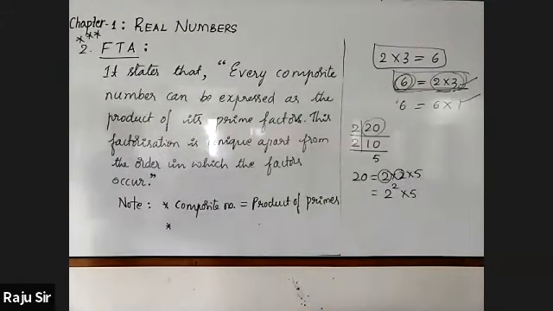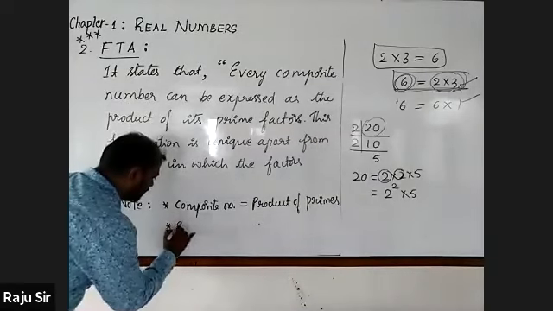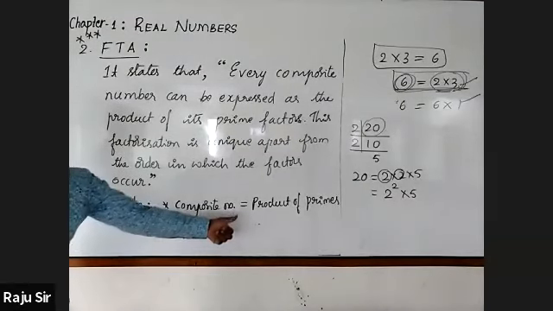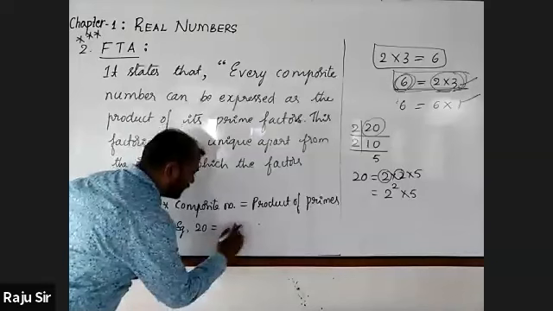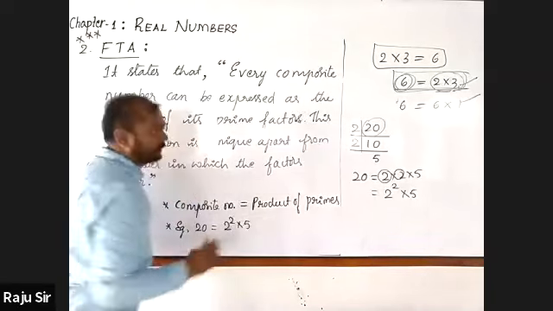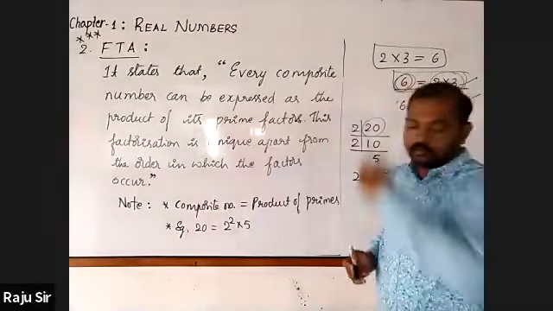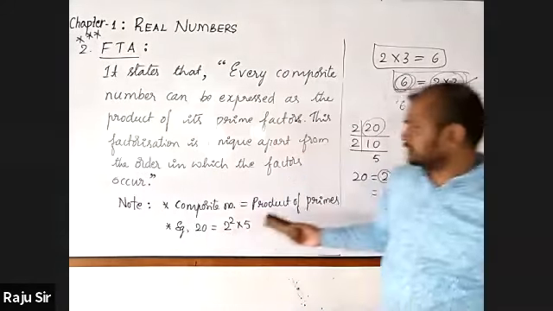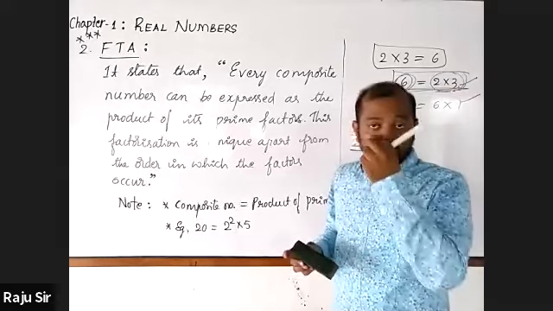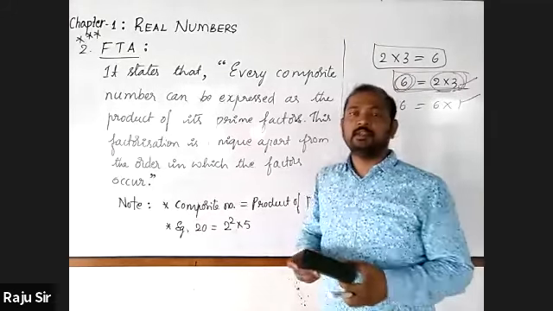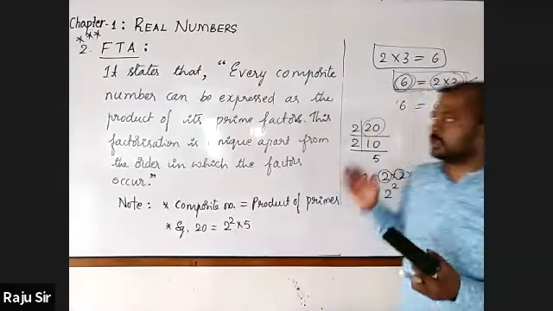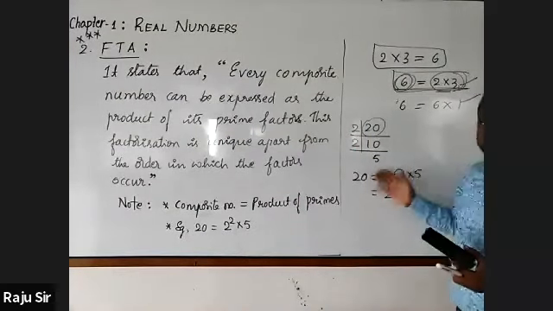Another point is to take any one example. Here I'll write 20. Now 20 is a composite number. It can be expressed as a product of its prime factors, as we have written, 2 square into 5. You have learnt about this prime factorization in your previous classes, in 6th, 7th, 8th and 9th as well, is it not? You have come across the division method and the factor tree method. Those will also be discussed in the later part of this chapter.